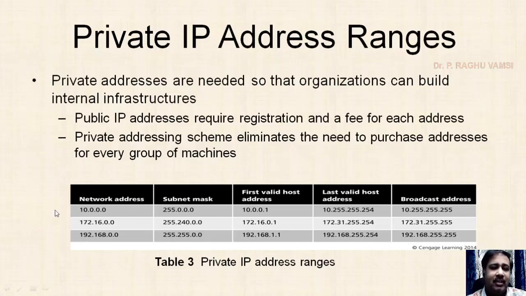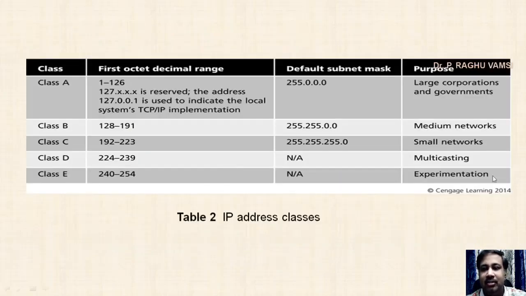As I told you, in class A, the 10 series will be used. In class B, the 172 series is used. In class C, the 192 series is used. That is 192.168 series, and here the 172.16 series. If you look at our university, especially, we use the class B network. Class C network you can especially see in Wi-Fi routers, where you will use this 192 series, and on your mobile phone also. Whenever you make a hotspot and want to connect to any other device, you will use the class C network, which is a very small network. Whenever you are working in a very small network, you can use this 192 series.